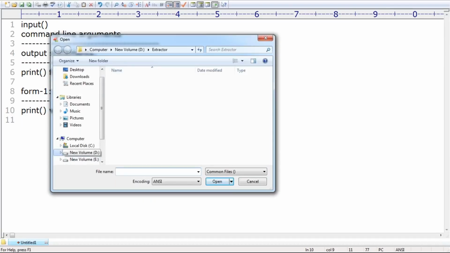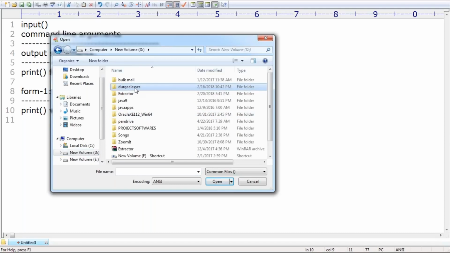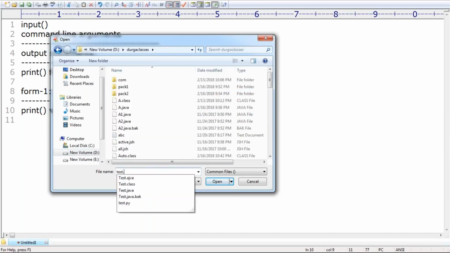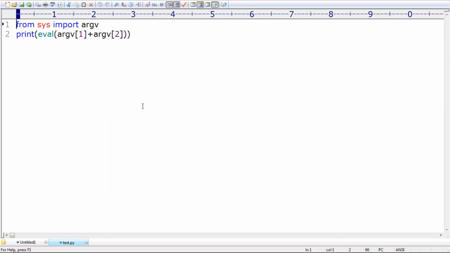Just have a look once. Assume that my requirement is, I'm taking test.py, and I'm writing print of hello, then print of good evening, then print of how are you. Of course, the argument function I will discuss later.